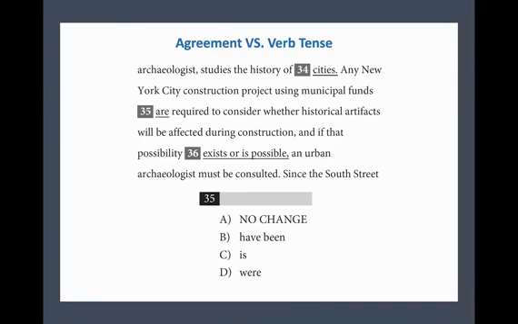I'll read the sentence. Any New York City construction project using municipal funds are required to consider whether historical artifacts will be affected during construction. And if that possibility exists or is possible, an urban archaeologist must be consulted. The answer. I'll read the sentence. Any new